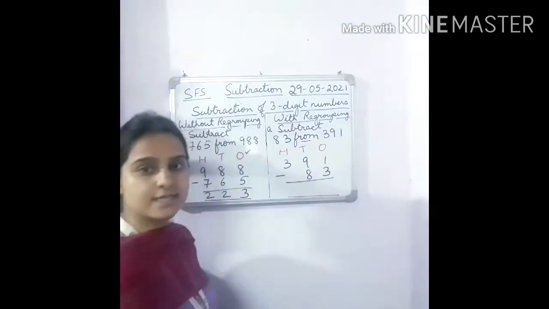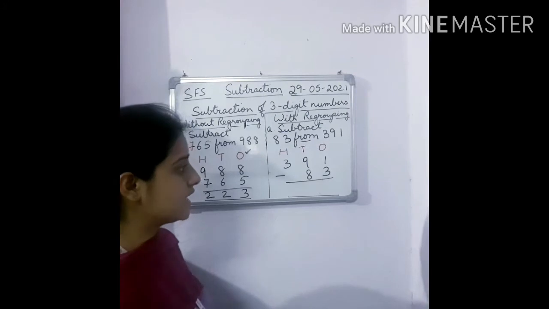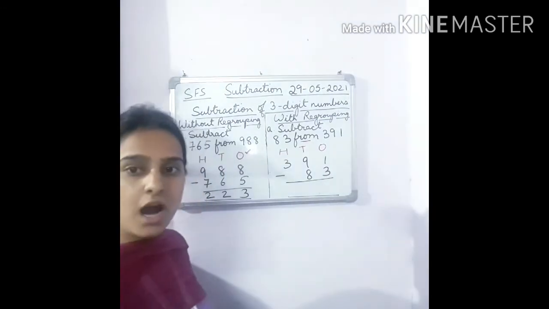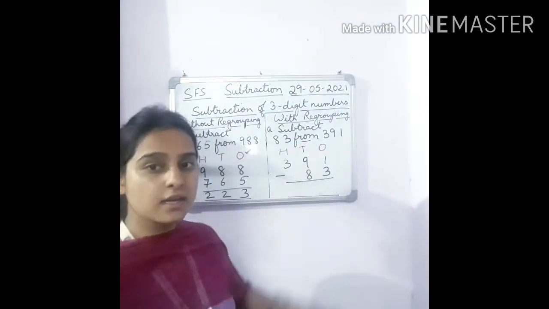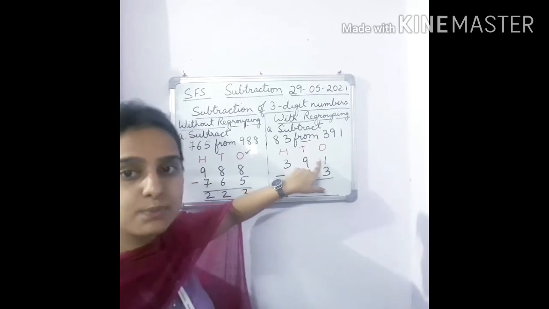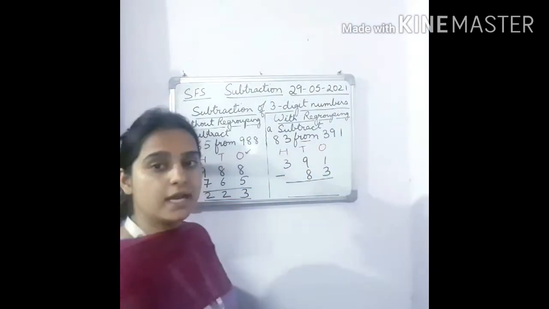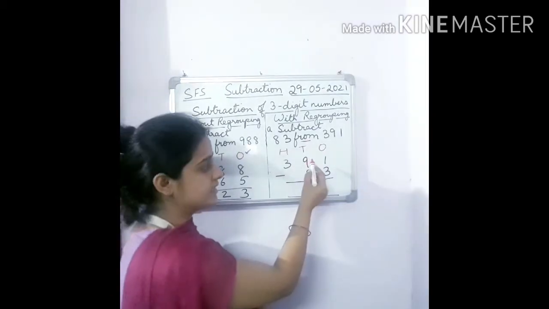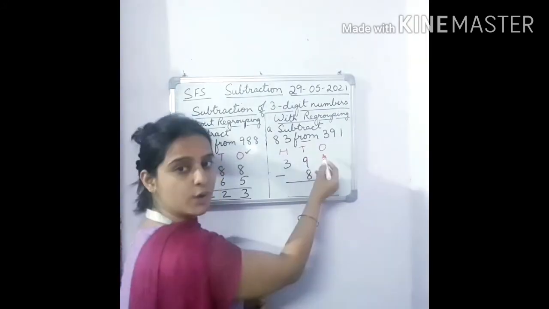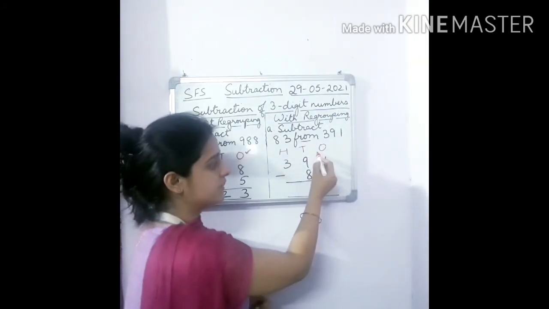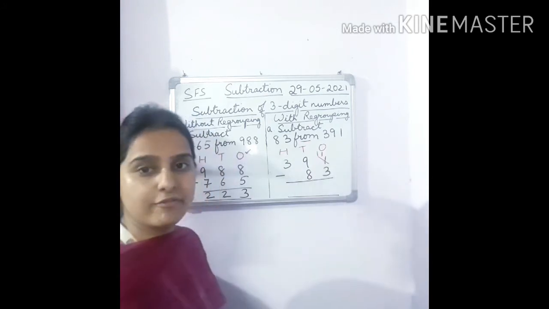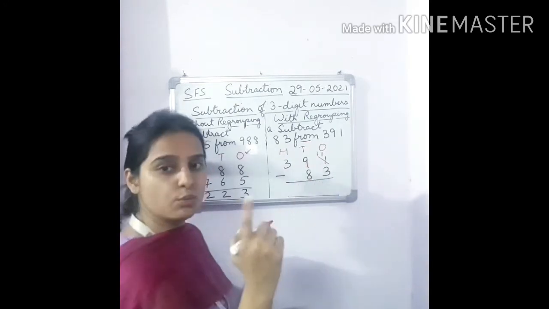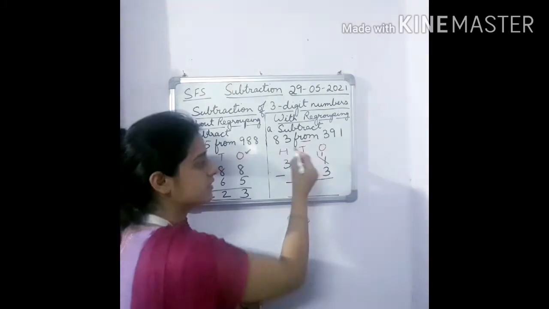So now we will do our subtraction. So as you know, children, we start our subtraction from ones place. So 1 minus 3. How can we do 1 minus 3, children? Our first number, the minuend, is always bigger, right? So how can we make 1 bigger? We can make it bigger, children, by borrowing 1 from the neighbor, that is from tens. We'll take 1 from tens. So this 1 will be cancelled and it becomes 11. And from tens we have taken 1, right? From 9 we have taken 1. So what remains here? 8.